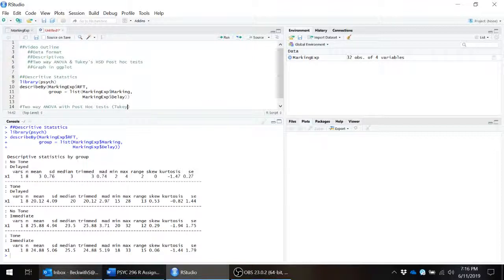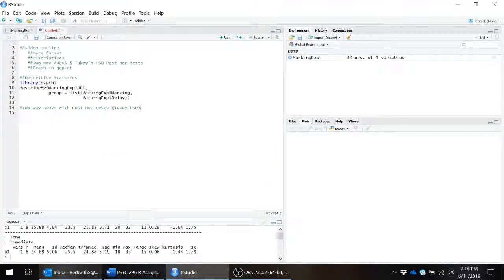Oop, I can't type today. All right, pull this down so we have a little more room. We can see a little bit better. All right, so similar to calculating a one-way ANOVA, what you're going to want to do is